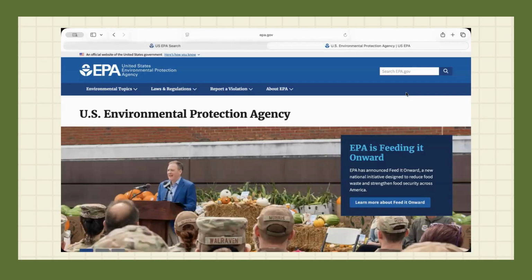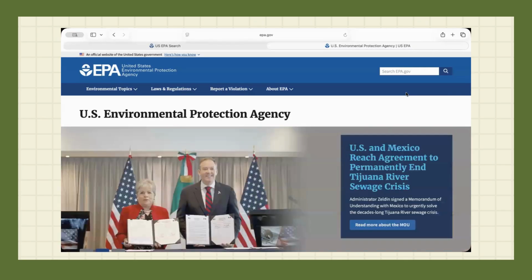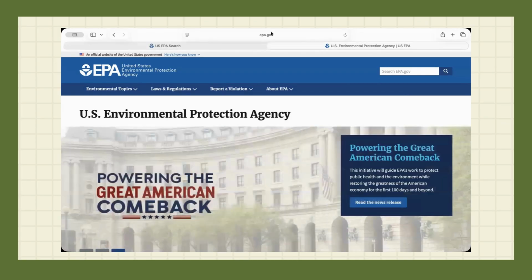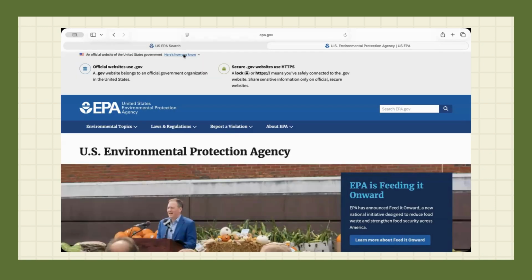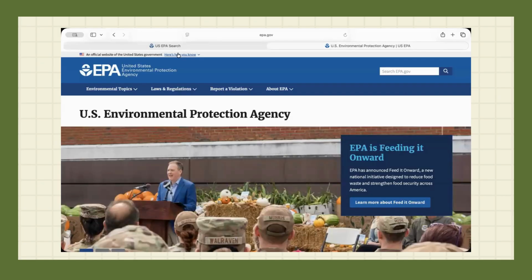All right, we're going to start with the Environmental Protection Agency website. That is epa.gov. To begin, you'll notice in the upper left, there is an official website of the United States government notation there. And if you click here's how you know, official websites use .gov. So that can give you peace of mind when you are exploring new government websites that you are indeed at